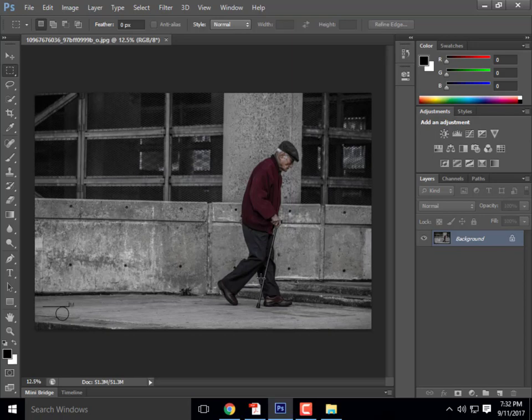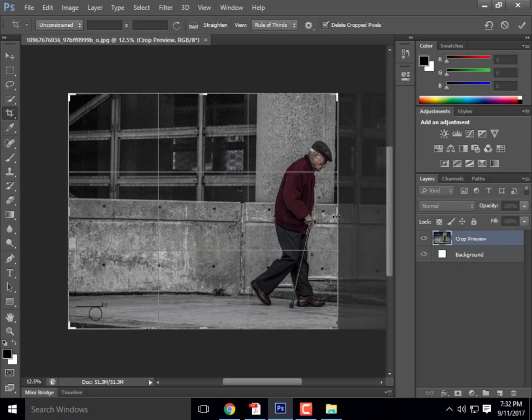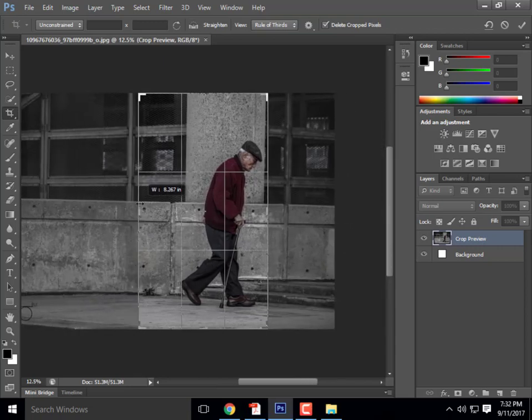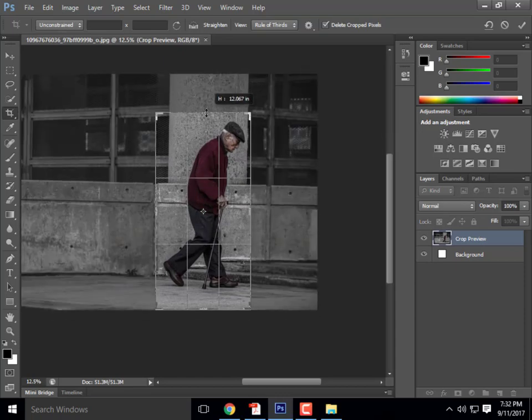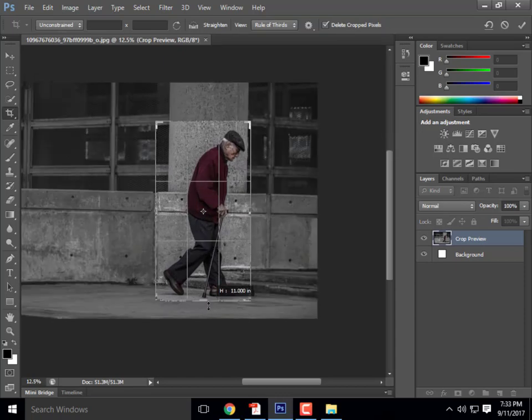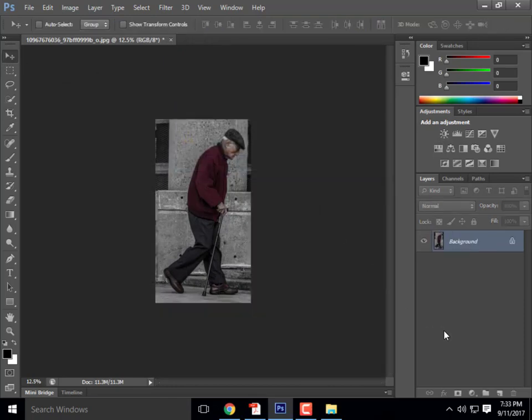The first thing that I would do prior to starting the masking is I would use the crop tool and go ahead and crop out a majority of the outside of the image, okay? Just so that you're not gonna battle all of that surrounding image as you guys start to mask. So the first thing that I'm gonna do is I'm gonna crop out a majority of the image so that all we have is just the person, okay? You'll notice that as you guys are masking, and this is something to pay attention to as you guys are selecting people,